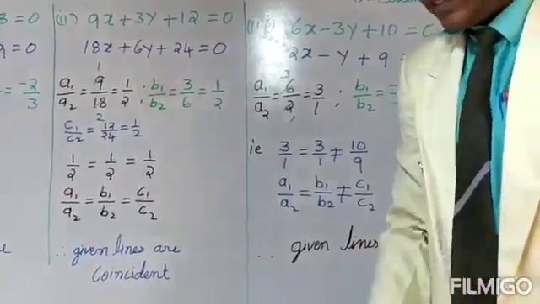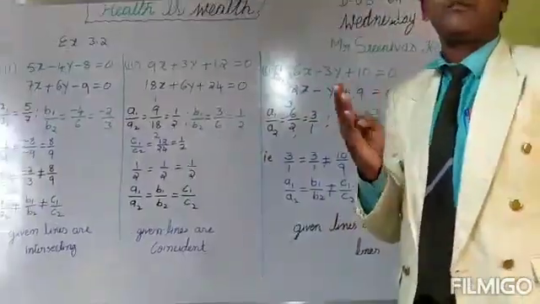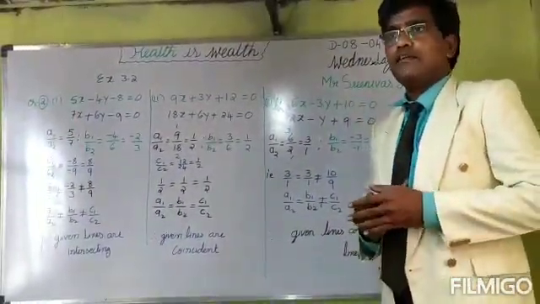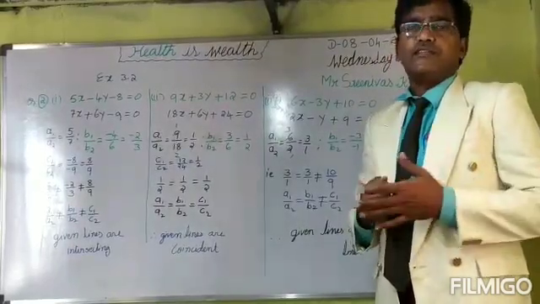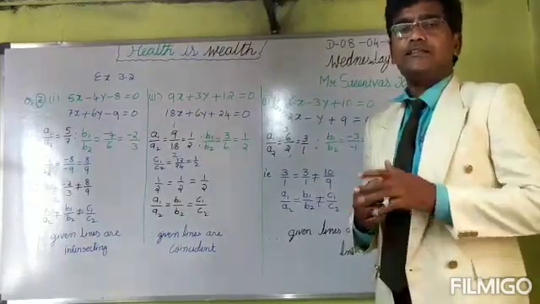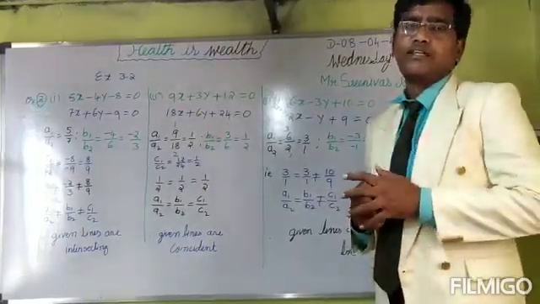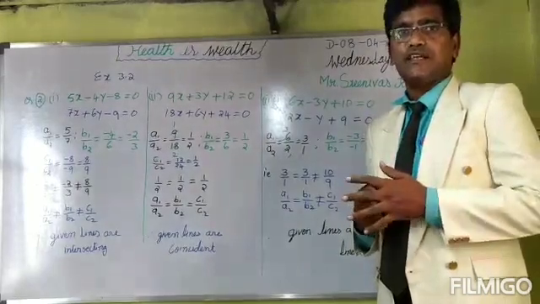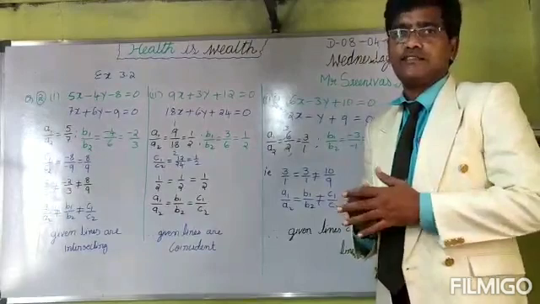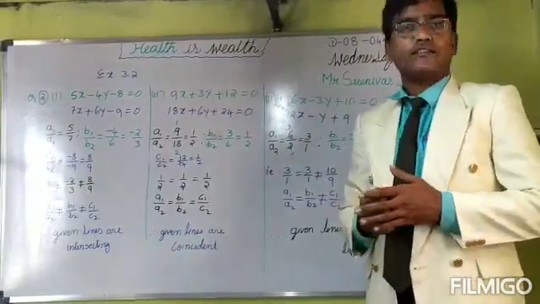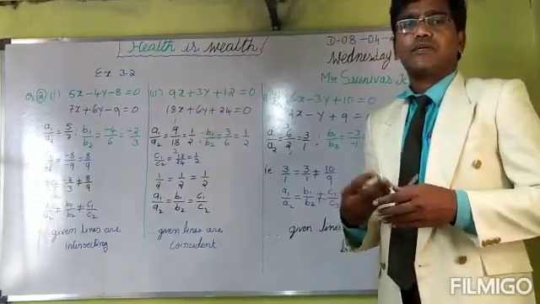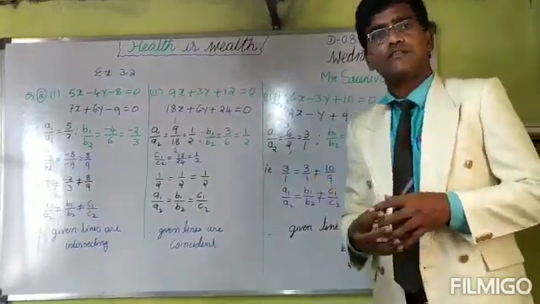After this you see in question number 3 and 4 one new word is there, consistent, inconsistent. The meaning of consistent is two equations having a minimum of 1 point. It will be satisfied at a minimum of one point, then we can call the given lines consistent. If not satisfied by any point, it is called inconsistent. So an example we can take for inconsistent is parallel lines. Okay, clear? With this you can complete question number 3 and 4. Afterwards we will discuss question number 5.